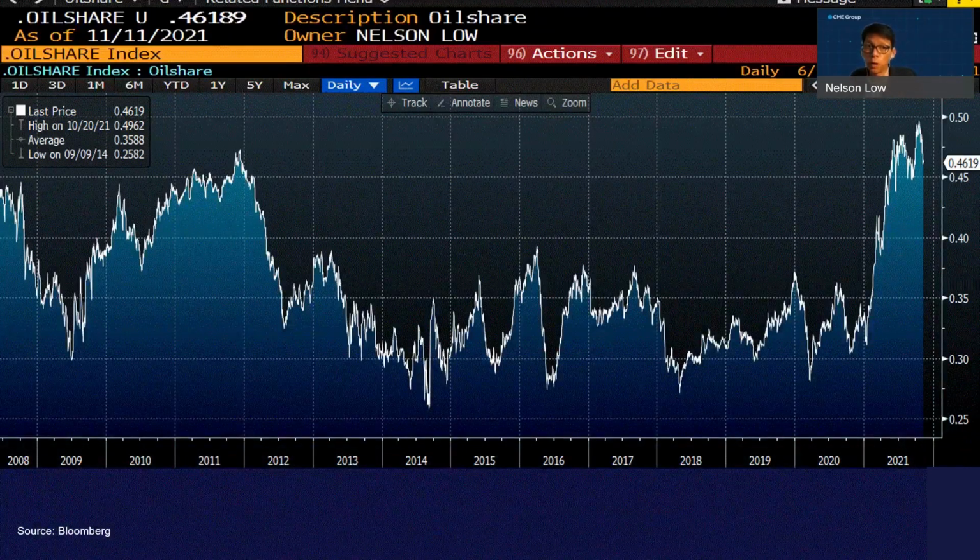Last but not least, this is what oil share looks like, as mentioned earlier on. You see that oil share fluctuates a lot, but basically it shows the value of oil versus the value of the products that come from the soybean. The thing that has really caught a lot of traders' attention this year is that the oil share has been on a very sharp trend upwards.